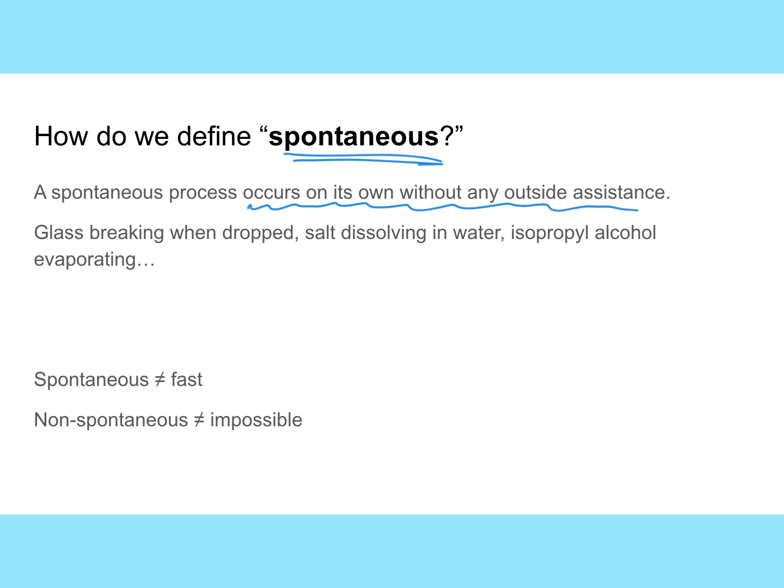I took a lot of walks in the woods over the spring break. And there are piles of leaves, and there are logs that are decomposing over time. The snow is melting when the sun shines on it. All of those are spontaneous processes. They just happen. Now keep in mind these two things. It is not true that spontaneous means fast. We studied rates in chapter 14. And it is not true that if it's non-spontaneous, it's impossible, because a non-spontaneous process can be helped. If we provide the outside assistance, it can in fact take place.